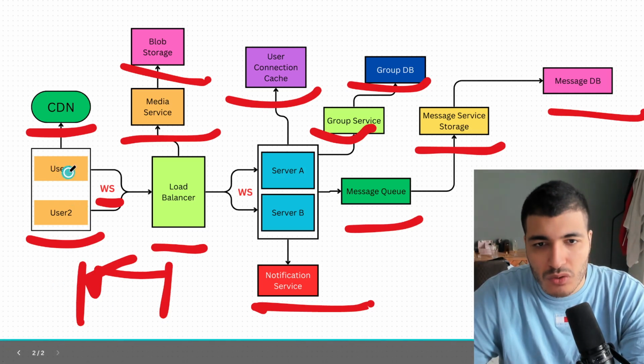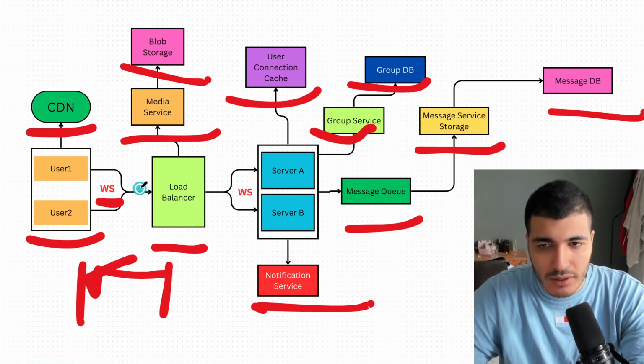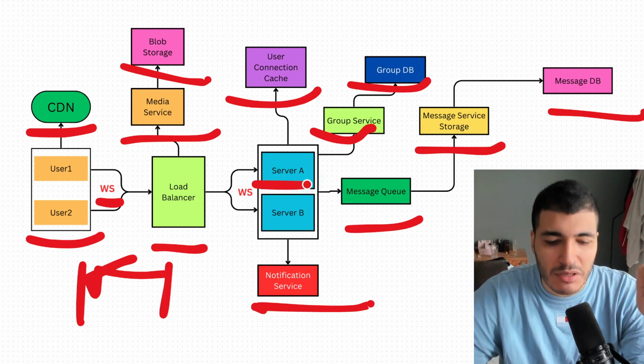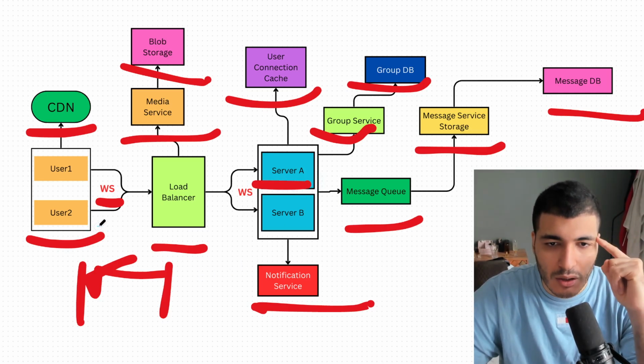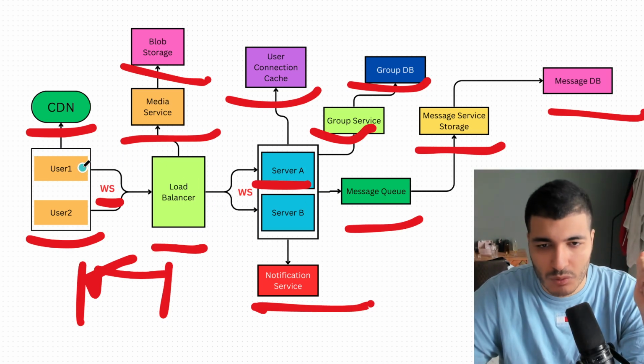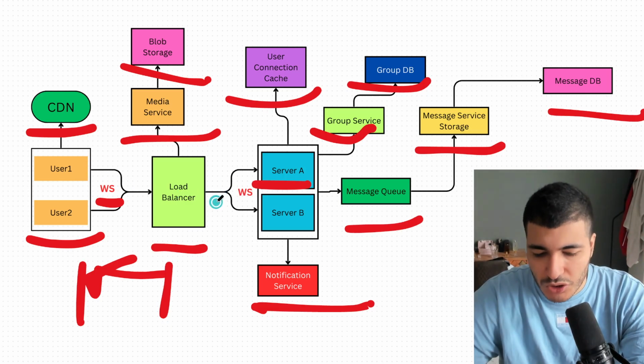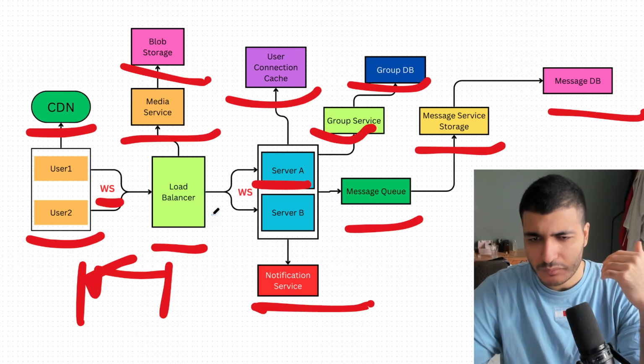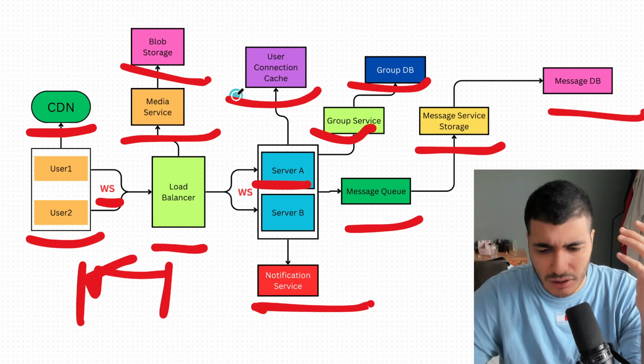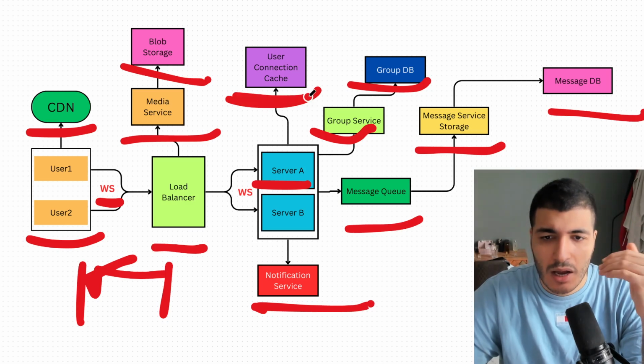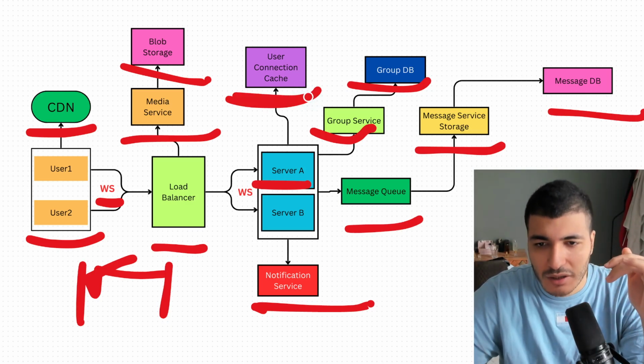So let's say that user one will connect via WebSockets with the load balancer, and the load balancer will connect it to chat server A. For example, user one will send a message to user two. So chat server A, which handles all the things related to user one, will check user two's location using the user connection cache service, and after that it will deliver the message in real time if the